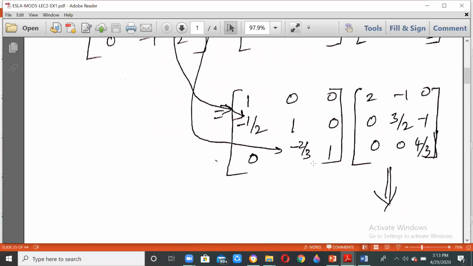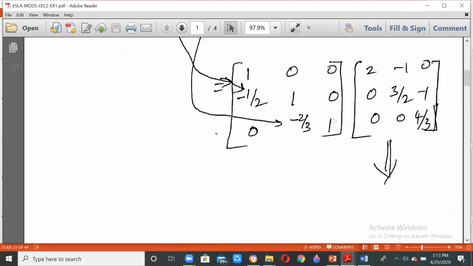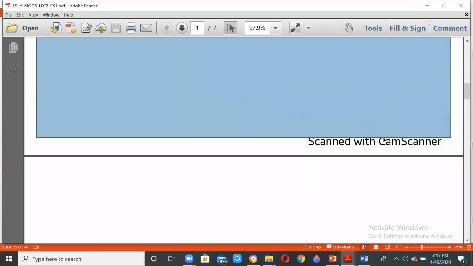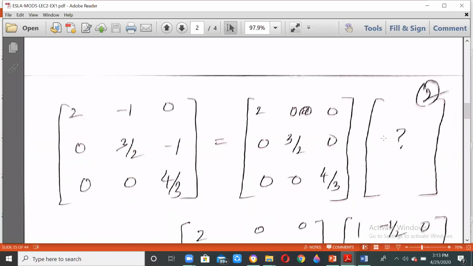So having written this, whatever we had was A, and this is L, and this is U. And once having the U value over here, now what we can do is this U can be further reduced. So this U can be written as the diagonal matrix 2, 3/2, 4/3, as it is. And then if I multiply something to the diagonal matrix, I should get this, so that we'll have a